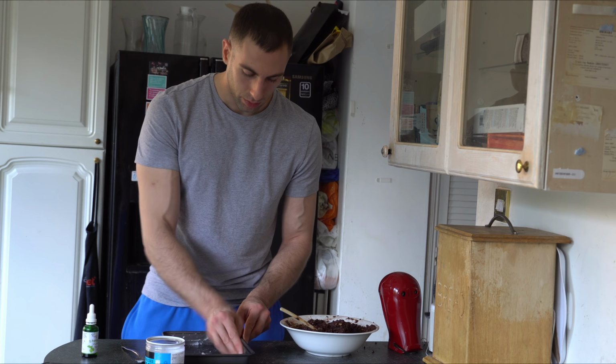I want to put all the mixture in this, and then it goes in the oven. But I'm gonna make sure it's even. I'm just gonna show you exactly. I'm gonna put it down, lay it down, and then show you how it looks. About to put it in the oven. This is what it looks like. I patted it down with my hands to make sure it's even on all sides, and it's ready to go